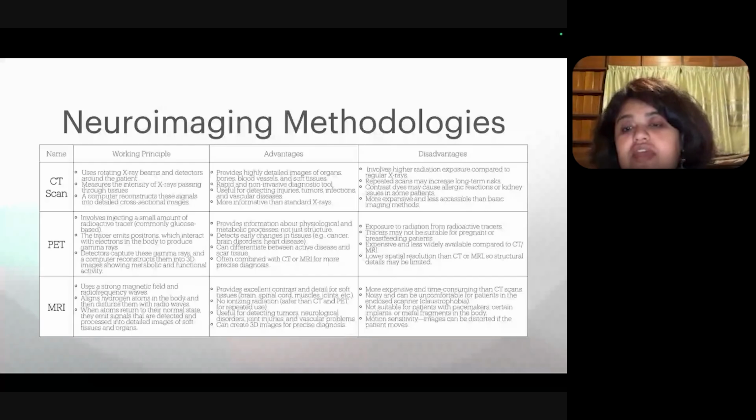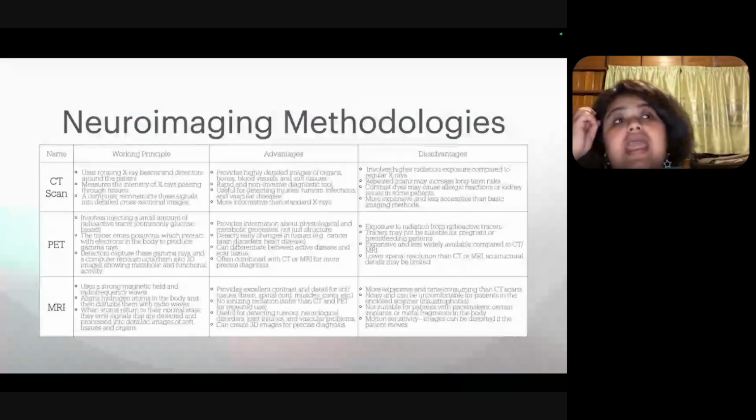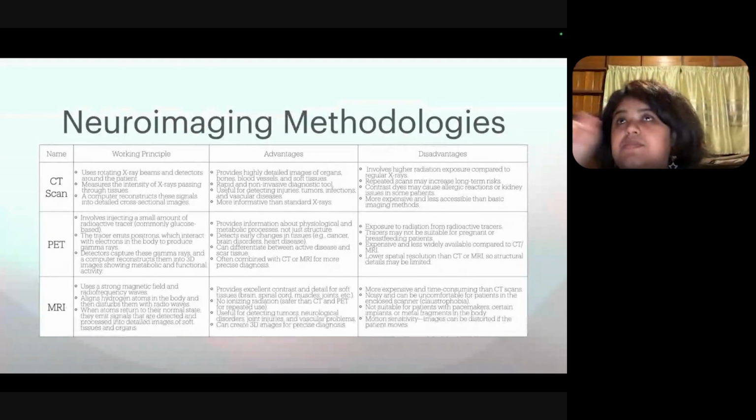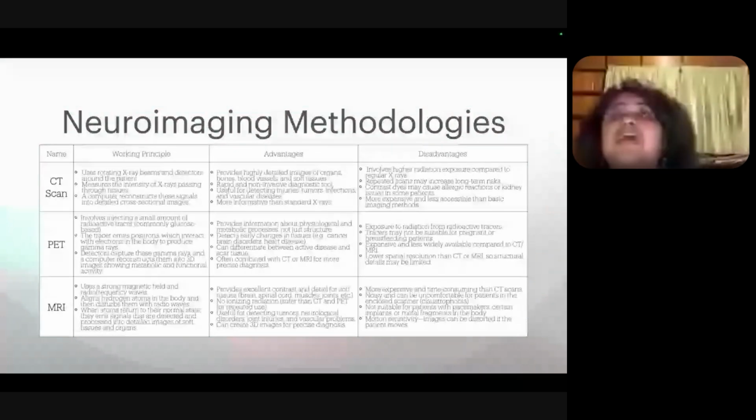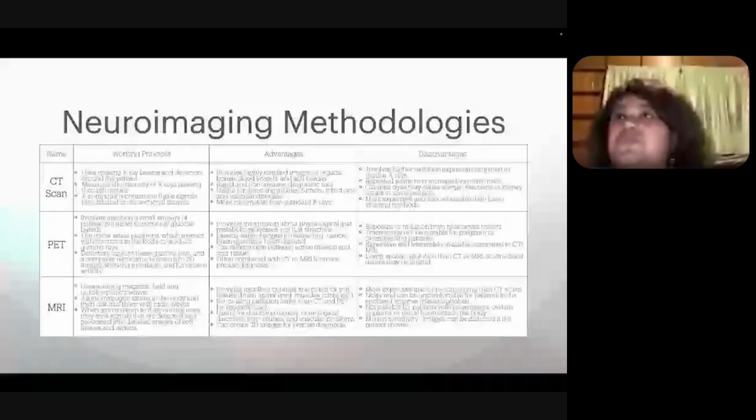And in terms of disadvantages, I wouldn't say it is exactly a disadvantage, but it is very expensive. And there are also a few problems like noise, because it uses a strong magnetic field and uses repeated radio frequency pulses to generate that distortion. There is a continuous noise, and that noisy background can be a bit difficult for patients who have claustrophobia, who cannot stay in closed spaces, who have overstimulation, and cannot really take a lot of sound or noise.